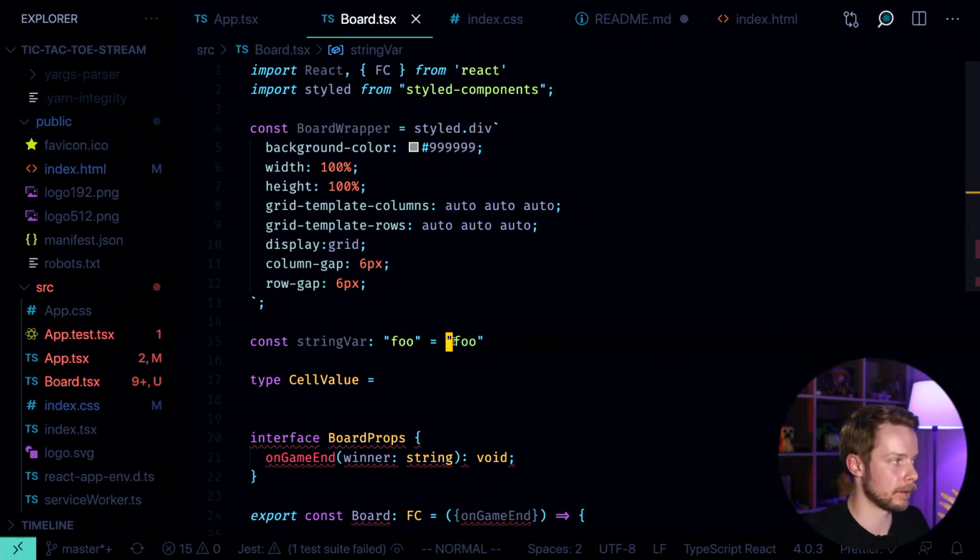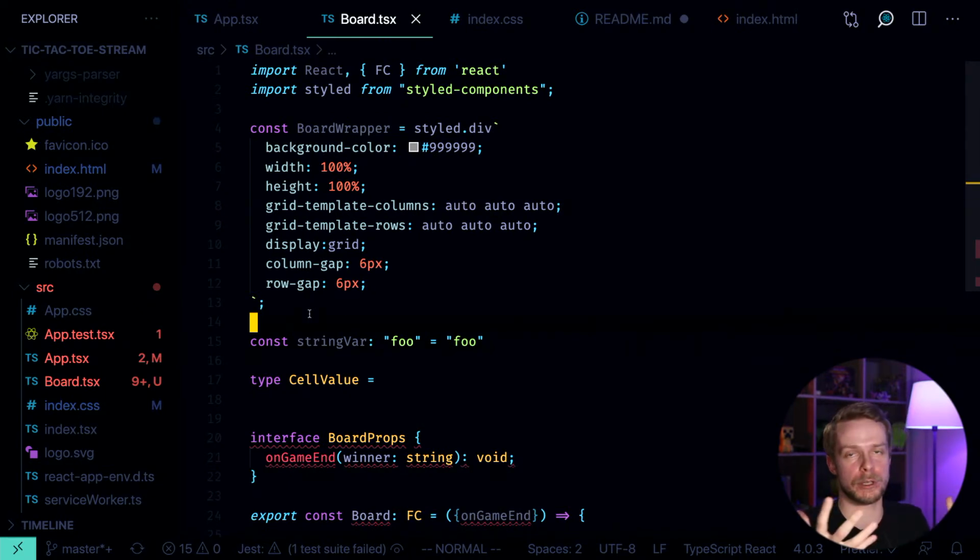Like the string value can also be a type that will be very, very narrow, where only one value fits into it. You can think of types as boxes for specific values. So for example, string is kind of infinite, like it can have infinite variations, like a whole book can be a string,